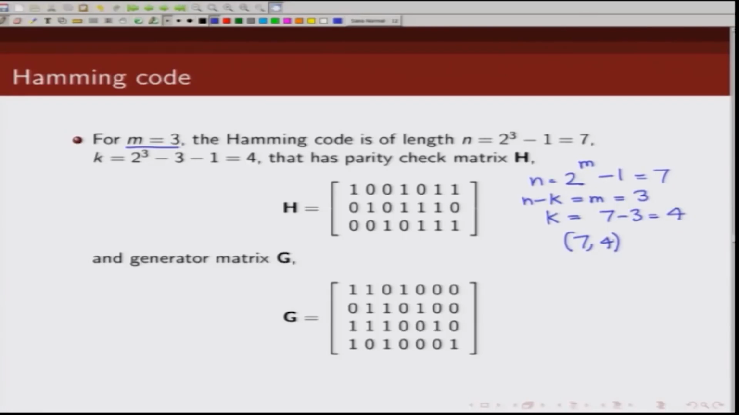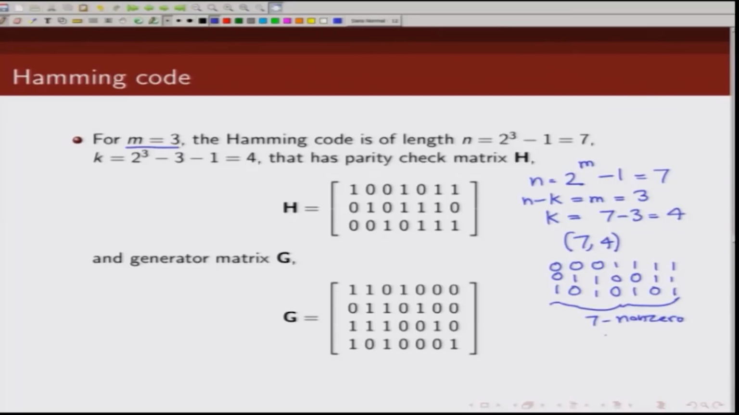Now, as I said, the parity check matrix consists of all non-zero m-tuples. So, m here is 3. Let us list all non-zero m-tuples. We can write 001, 010, 011, 100, 101, 110, 111. So, these are the 7 non-zero